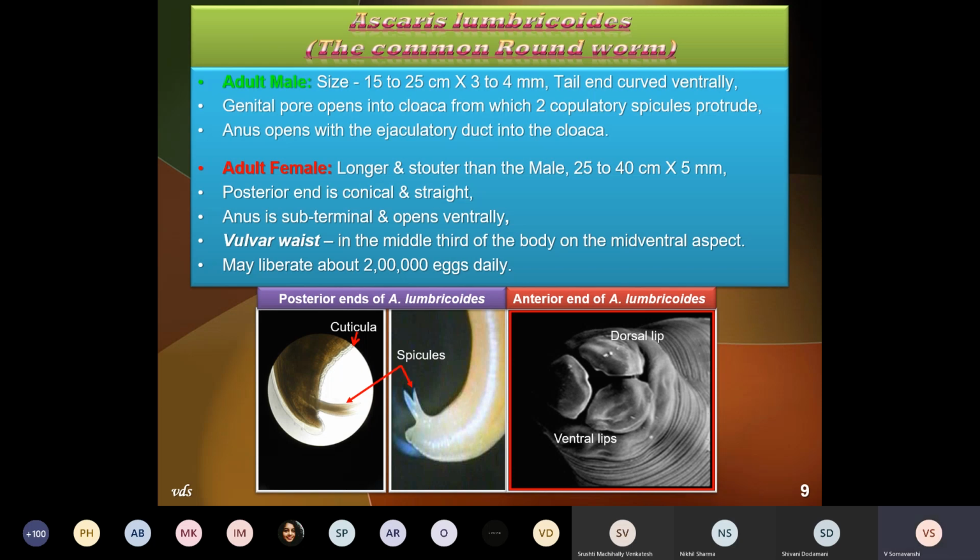Understand very properly. A female that can fertilize with the male may give rise to fertilized eggs. But in Ascaris, there are some females which can produce eggs without mating with a male. Such a female is called a parthenogenetic female, and this parthenogenetic female may produce unfertilized eggs. Okay. Now we are going to see in the next slide the difference between the types of eggs, fertilized egg and unfertilized egg.